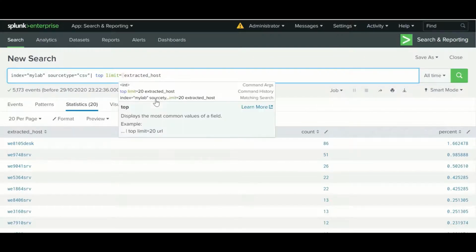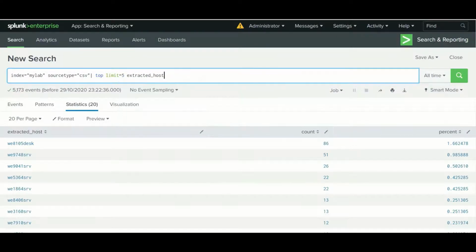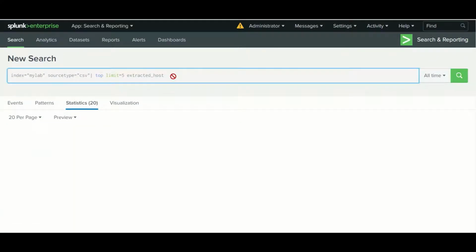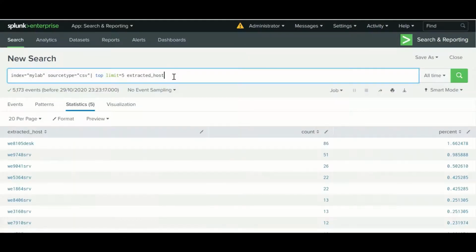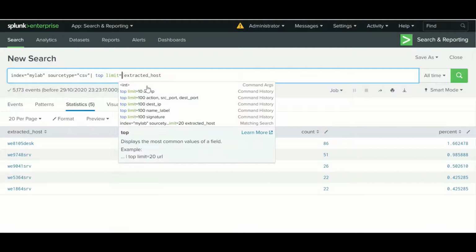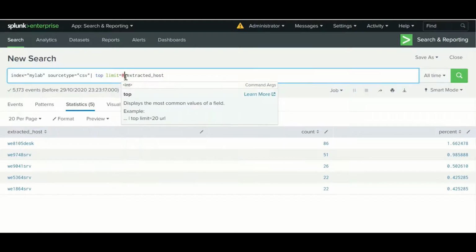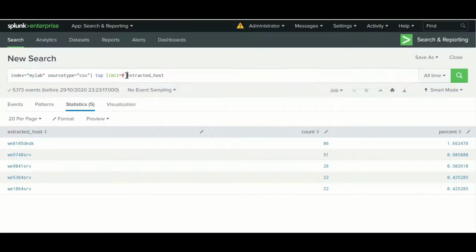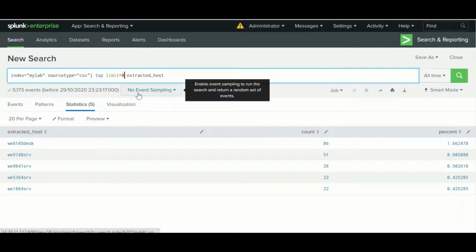In place of 20 I can give 5, so it will display only 5 events from the table. You can consider it as limit equal to a number, so you can choose any number.